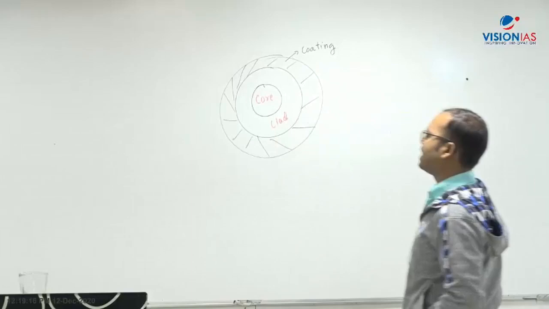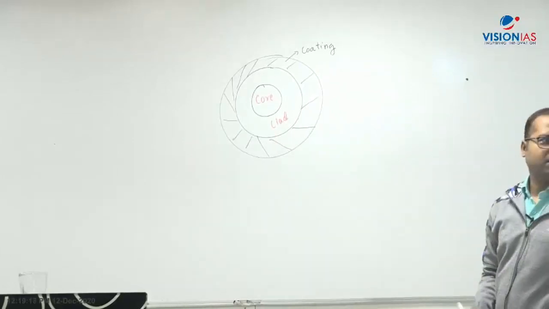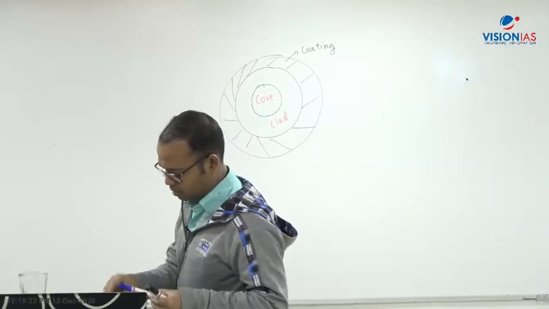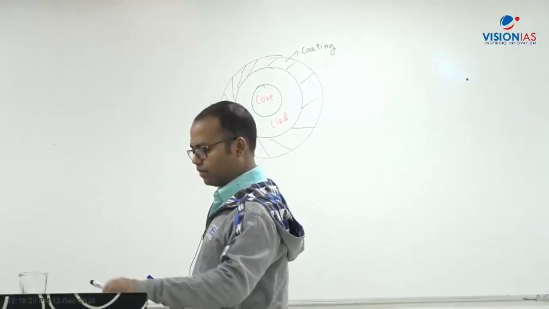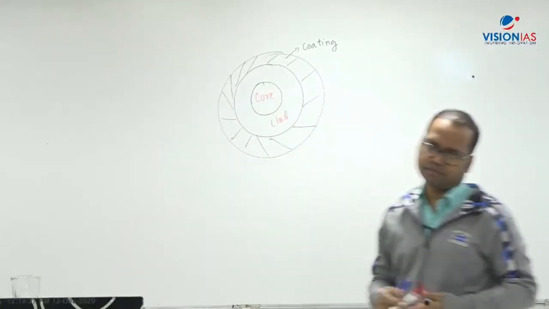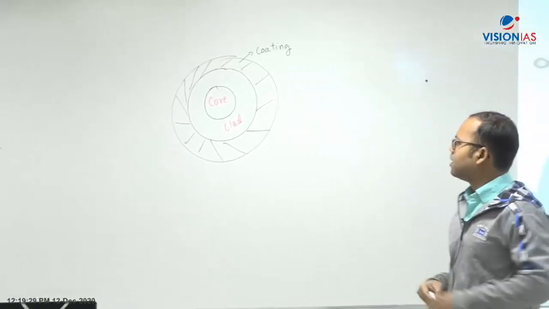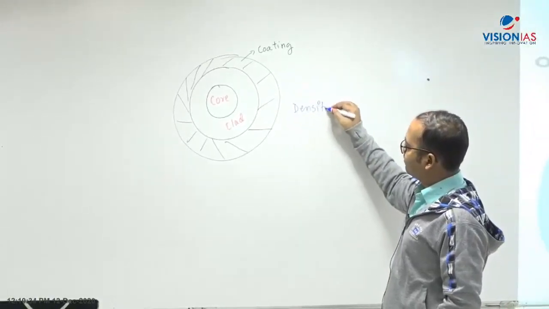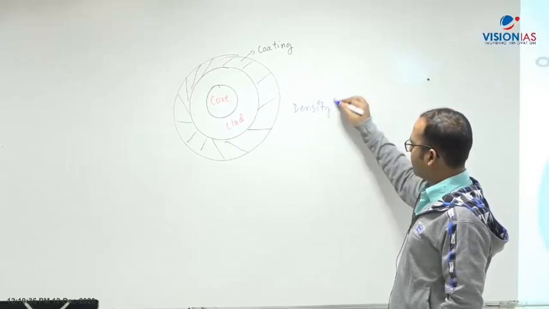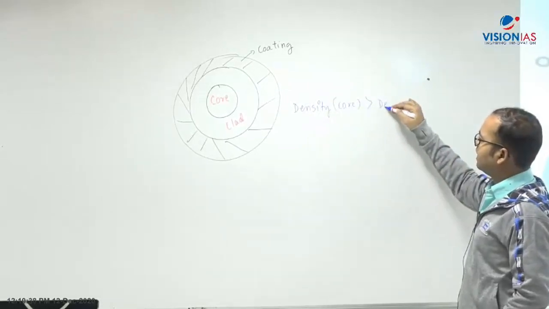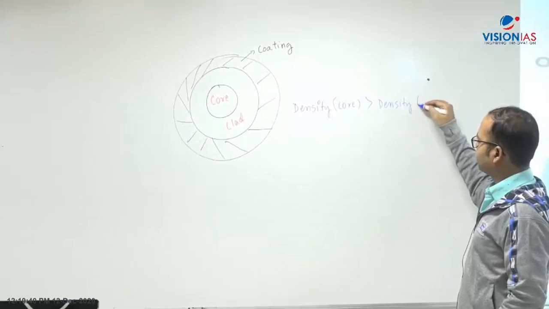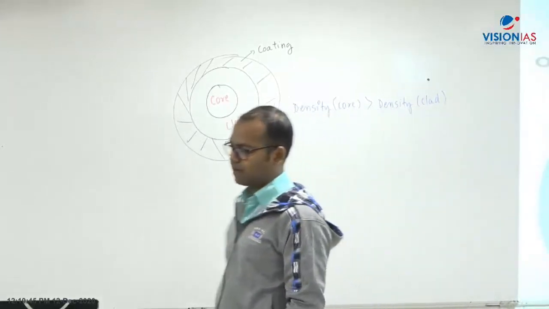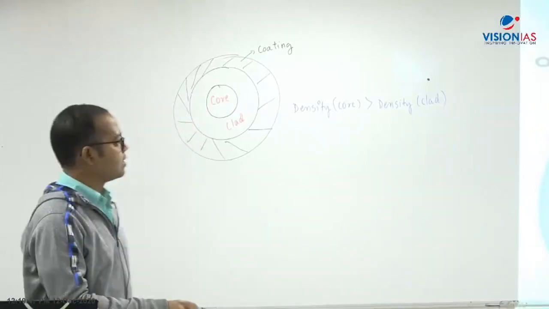These are made up of dielectric medium. Do not take dielectric medium, understand they are made up of what? They are made up of glass and plastic. That will suffice. So in optical fiber, density of core is greater than density of clad. This is how we construct optical fiber. And the purpose is